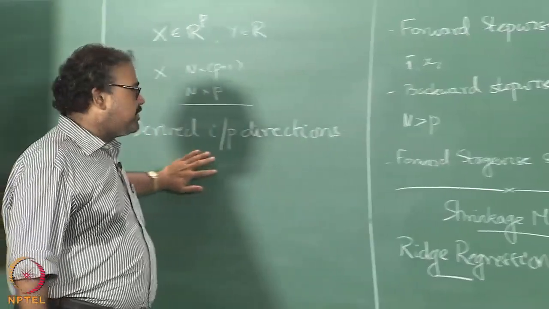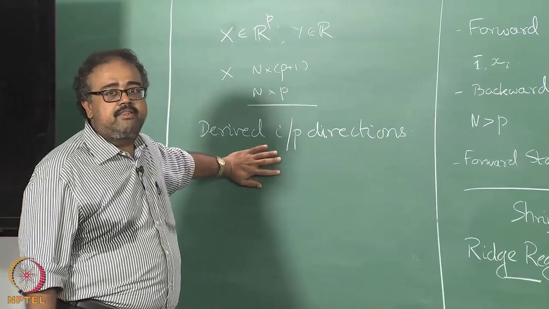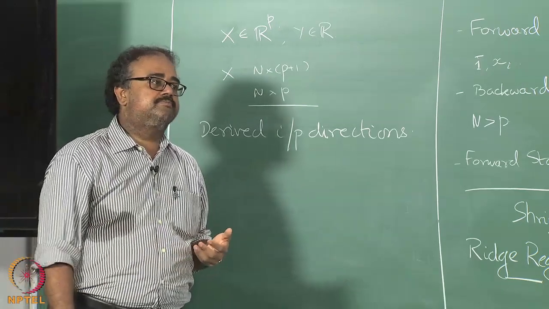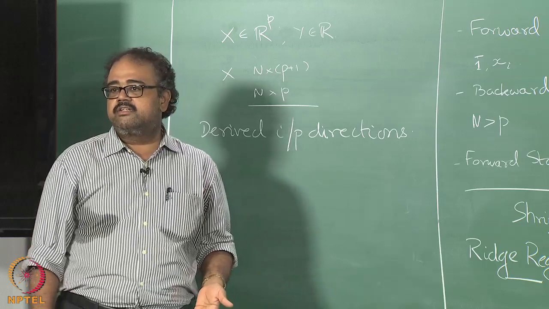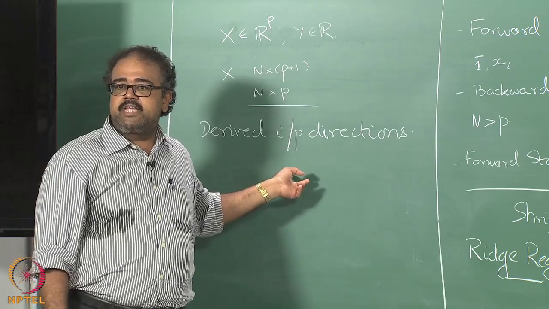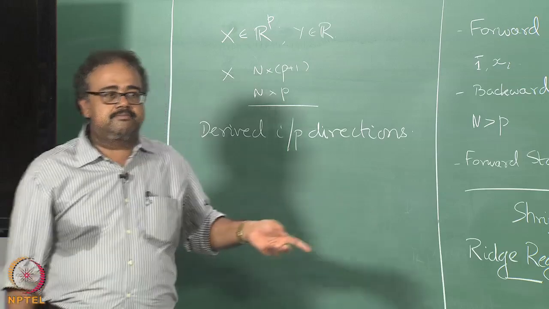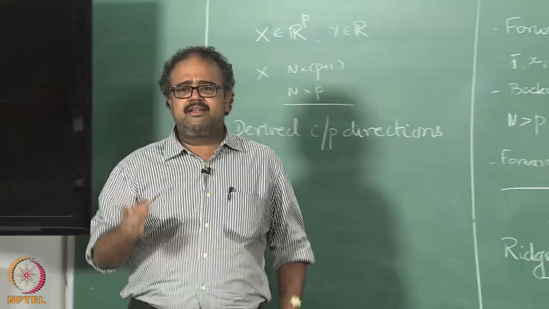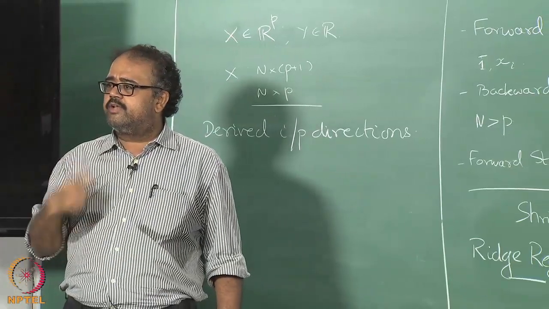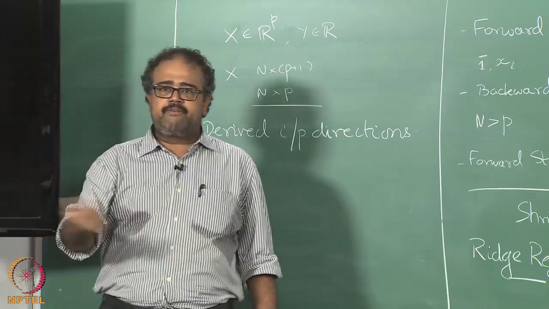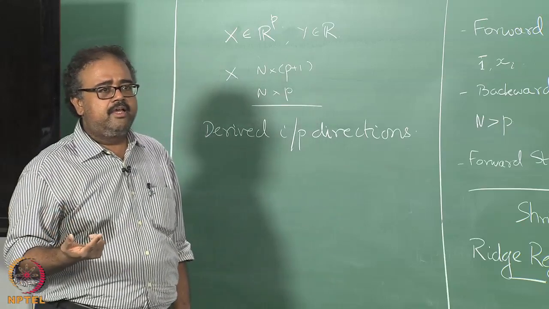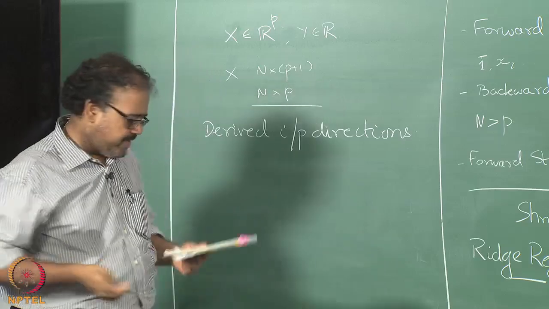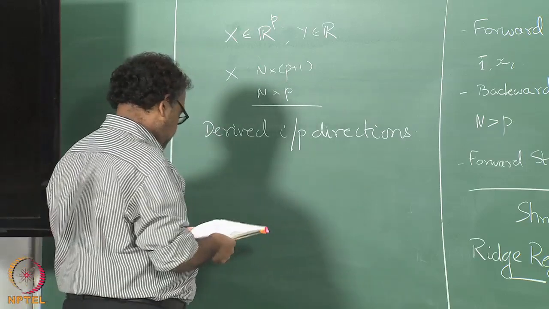So when we talk about derived input directions, I am not going to stick with the original columns. I am going to find a new set of columns, a new set of features, new set of directions, which I will then use for doing my regression. We actually talked a little bit about it when we looked at orthogonalization. I told you when you do orthogonalization, essentially what you are doing is finding an orthogonal basis for the input space and then trying to find the coefficients there. So likewise what we will do here is